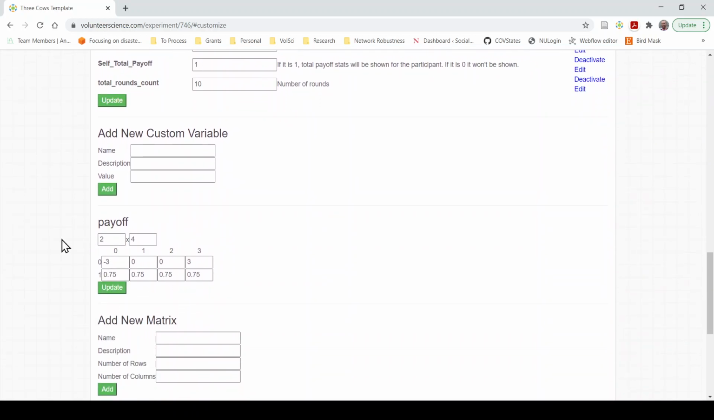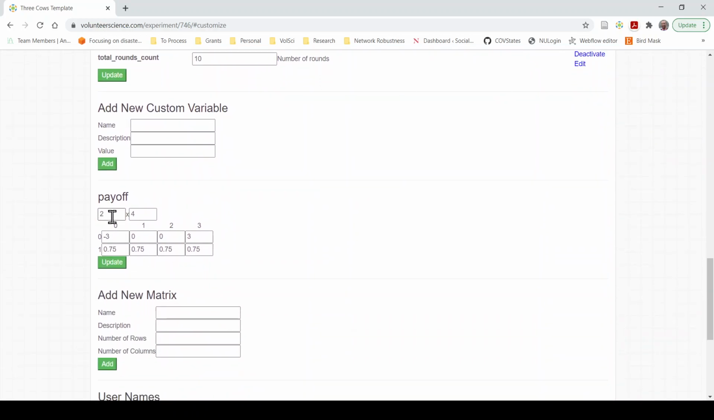And lastly, I want to point out the payoff matrix. It's a 2x4. Since there are 3 participants, you want to know what's going to happen if all 3 people barn feed, all 3 people go in the commons, or if 2 or 1 of the others chooses the commons or barn feeding. In this case, I believe if all 3 choose the commons, they lose 3 points. If just 1 chooses the commons, it